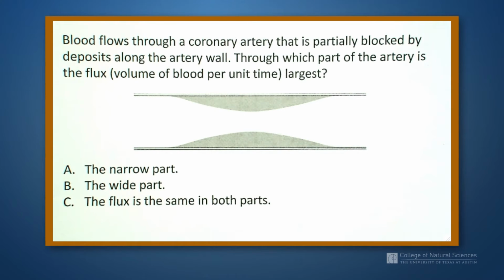So this question says that we have blood flowing through a coronary artery that is partially blocked by deposits along the artery wall. Through which part of the artery is the flux, the volume of blood per unit time, the